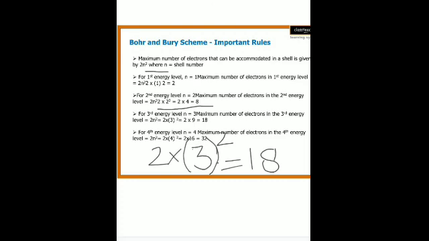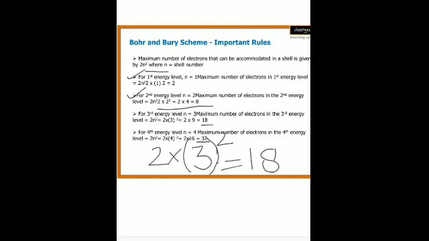For example, when you are considering shell number 1, it can never be more than 2. It can be 1 or 2, not more than that. In shell number 2, it can be 8, 7, 6, 5, 4, 3, 2, 1 and never 9, 10 and so on. It can never be more than 8. Similarly for shell number 3 and 4, it can be 18, 17, 16 till 1, but it cannot be 19, 20 and so on. This number cannot be exceeded in any shell. This is the maximum number of electrons that can fit into a particular shell.